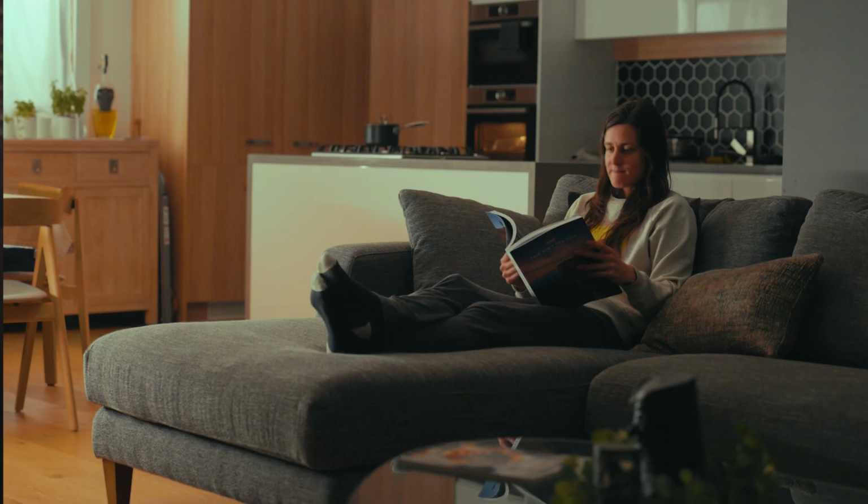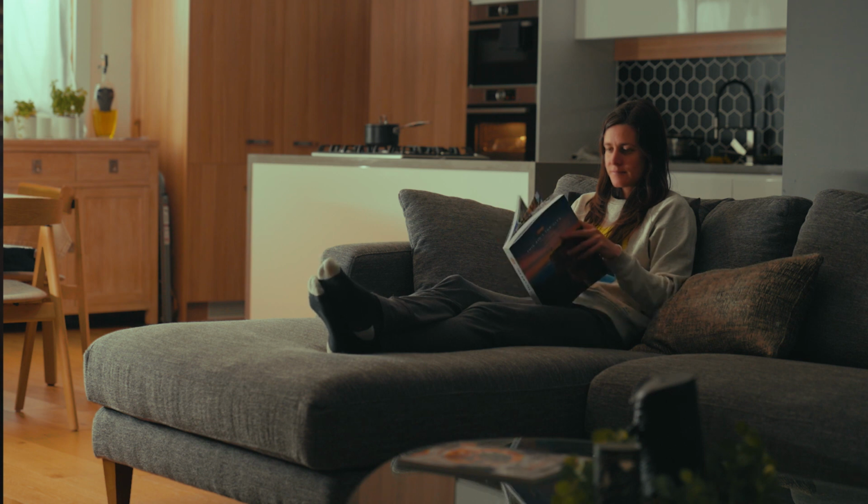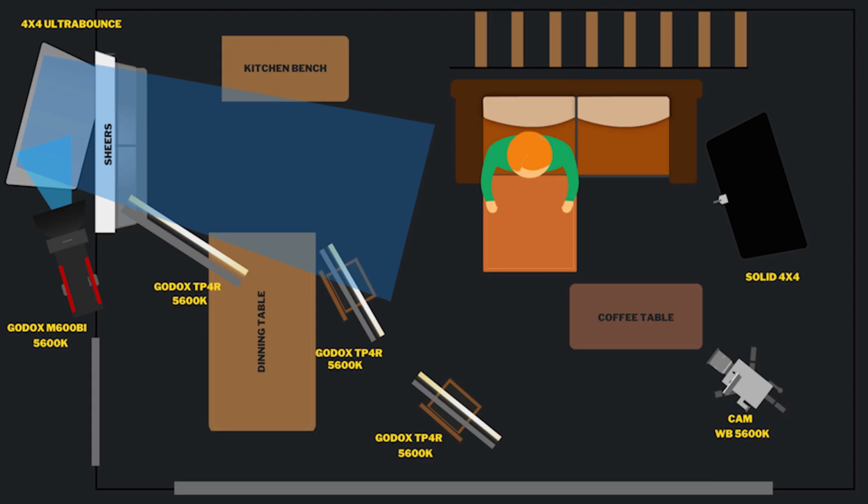Okay, so for the first scene, I thought I would break down a night for day scene. I use this sort of technique a fair bit. With a small minimal crew, it's incredibly difficult to control the sun. So one way you can get around this is by shooting in the nighttime, but making it look like it's at the daytime. First light that I set up was a Godox M600 bicolor light,